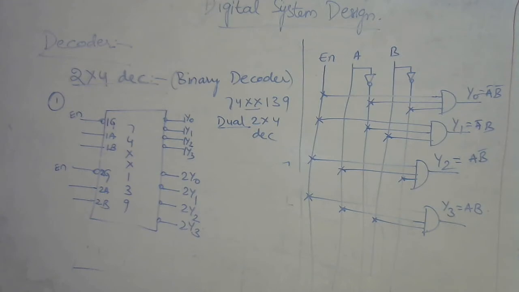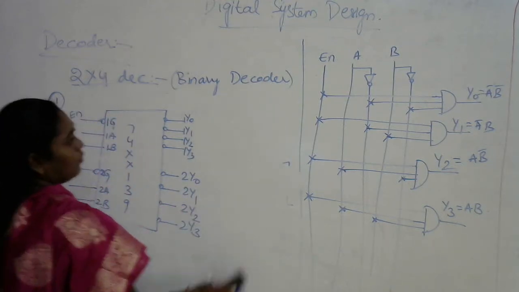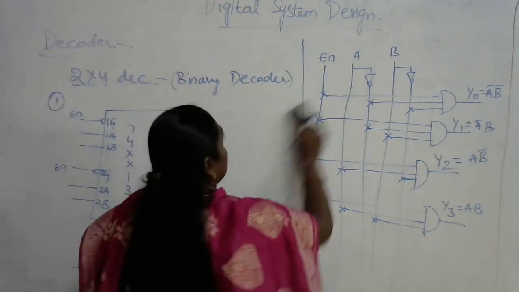So the IC number for the 2 by 4 decoder is 74139, and it consists of two identical 2 by 4 decoders. So you will be having separate enable pins for the two decoders, and both the enable pins should be of which form? Active low. So coming to the truth table, if I want to draw the truth table of this dual 2 by 4 74139, what will be the variation of this is,